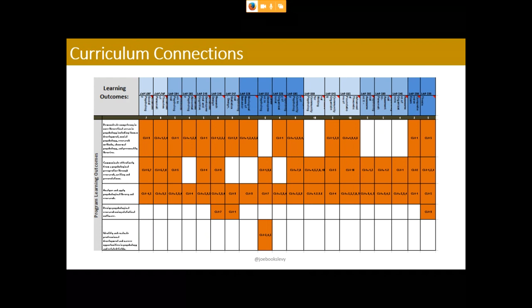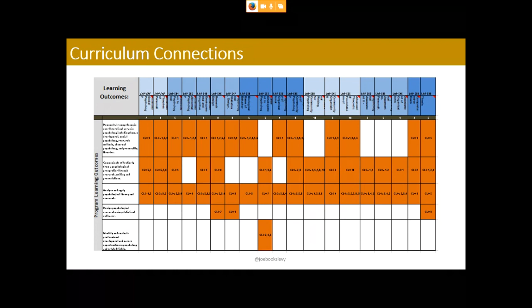Here, sorry, lasers. The program learning outcomes are here along the first column. Up here are the courses. So these are all the courses that make up this program. This is actually a graduate program. And then what we have the program do is they indicate then, so this is their program learning outcome number 1. Here's this class. They indicate the specific course learning outcome that connects to that PLO, right? So this first program learning outcome connects to CLO 5 in that course.